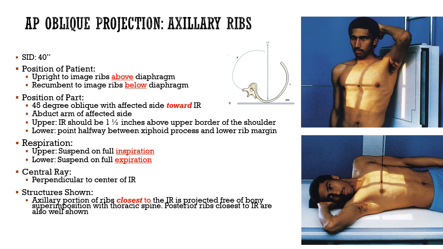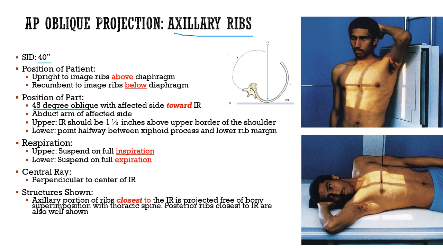AP oblique projections are for axillary ribs. That's the purpose. We want to perform these at 40-inch SID, whether the patient is upright or recumbent. If they're upright, we are imaging ribs above the diaphragm. If they're recumbent, we're imaging ribs below the diaphragm. We want to perform